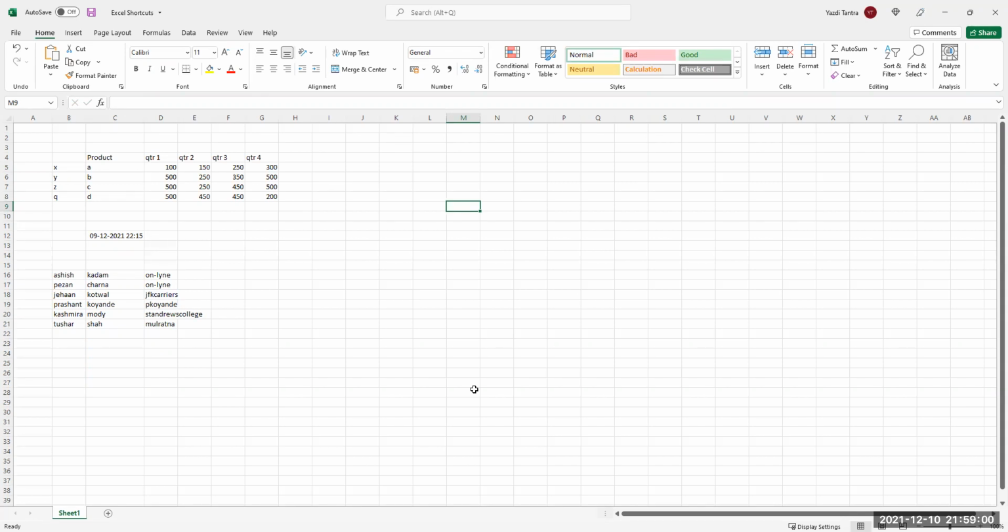Okay. So Control and semicolon gives you the current date anywhere. Otherwise, you have that function, at today. Remember that? That also gives you today's date. But the simplest way of doing it is Control and semicolon. Very simple. The other one was what? At the rate today. That is a function which gives you today's date.